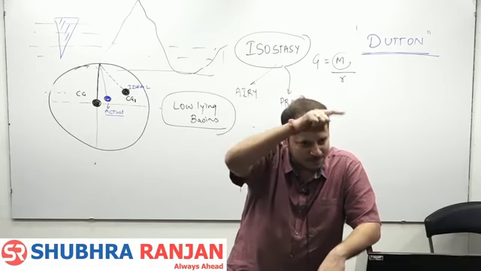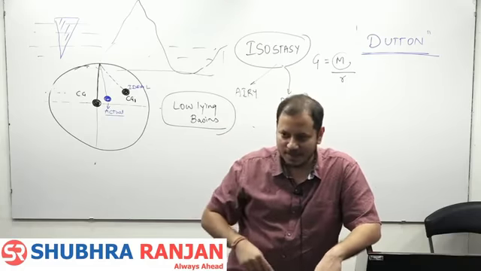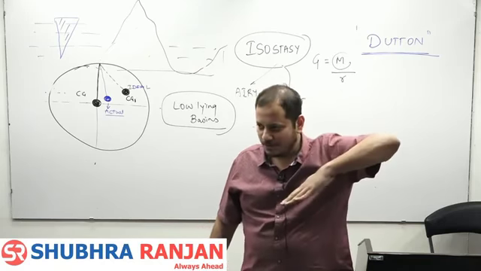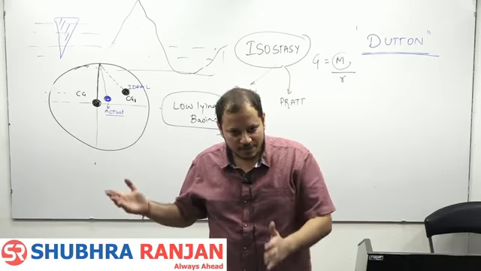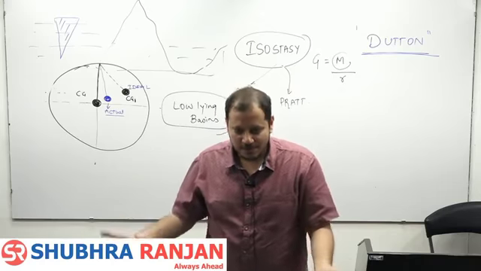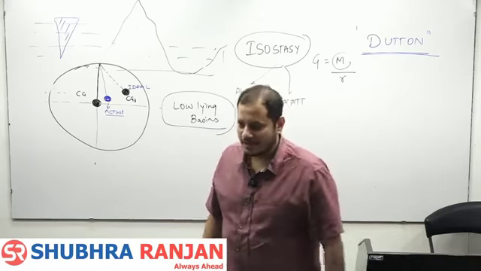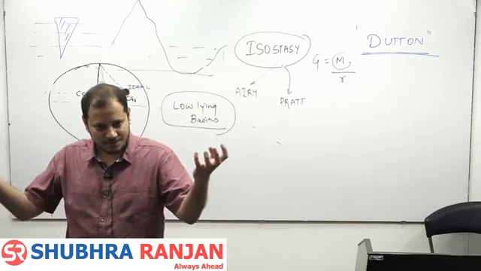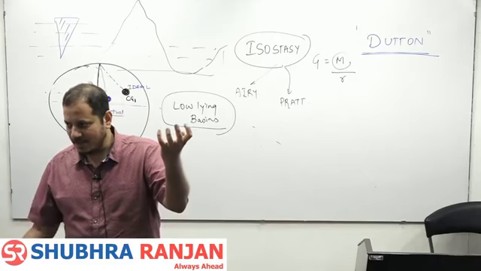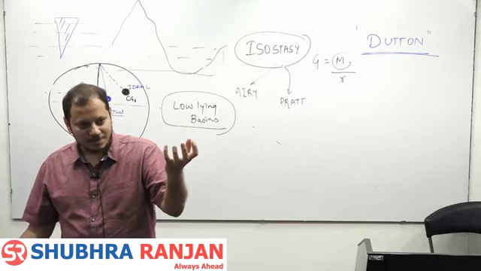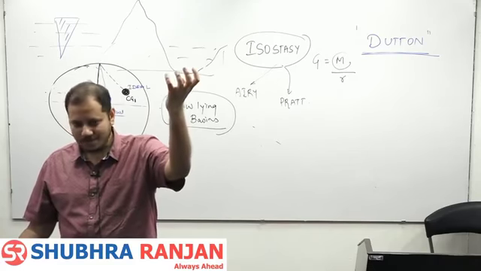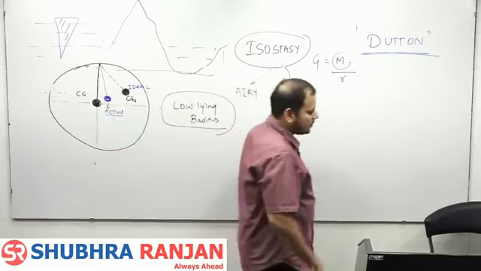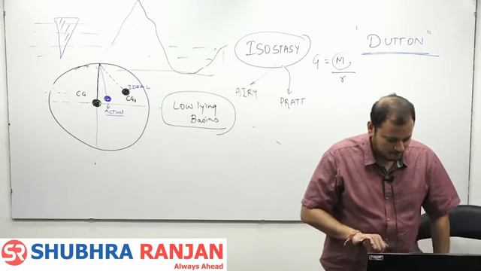Why does water flow from land to the sea, not from sea to the land? The answer is simple. Water always flows from greater height to lower height. Oceans are always at lower height. Why are the oceans always at lower height? You get an answer here. Because the ocean is made up of denser rocks, and therefore the denser it is, the less the height. Mountain is always made up of lighter rocks, and therefore the height is more. Getting it? Next point.